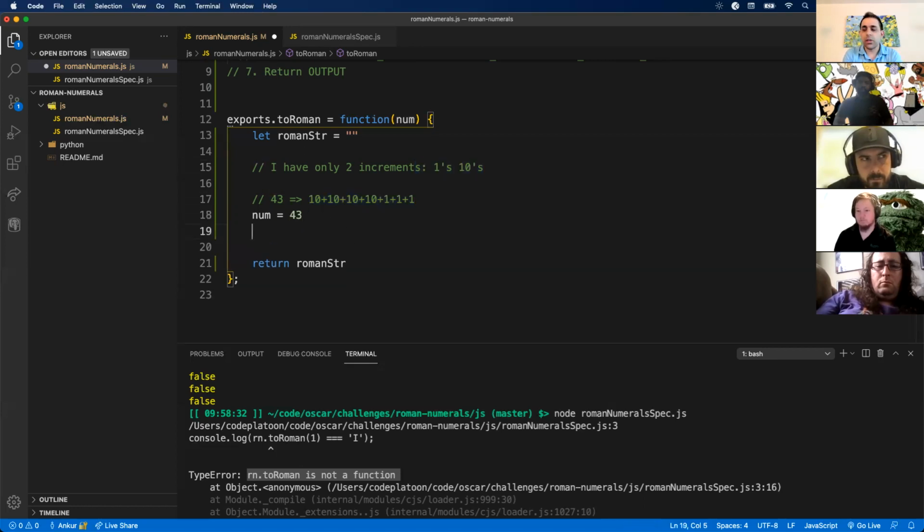So first thing I would do is, again, mentally, I took the largest increment and then figured out how many times that went into my number here. So I'm going to do that here also. So knowing that 10 is my largest, let's say, how do I want to do this? Let's do increment 10 equals